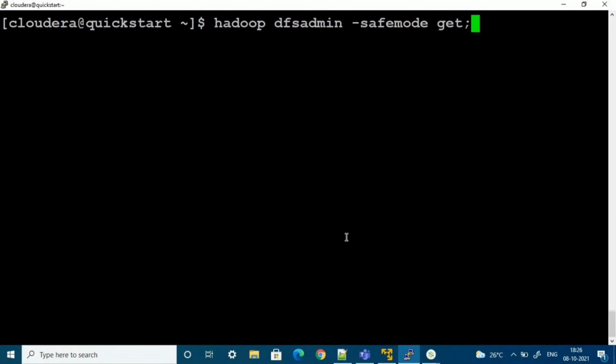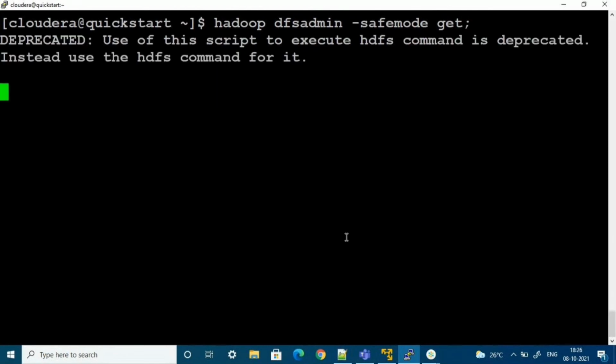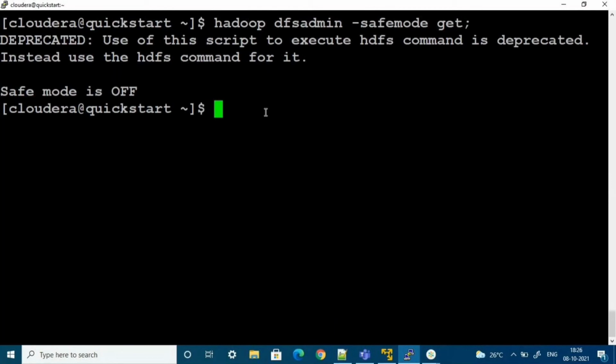If we give get, it will get the status of the server. Okay, so safe mode is off. Off means you can delete a file or you can copy a file. Okay, so read, write, delete, all the operations. So till now we executed all these three operations because the server is not in safe mode.